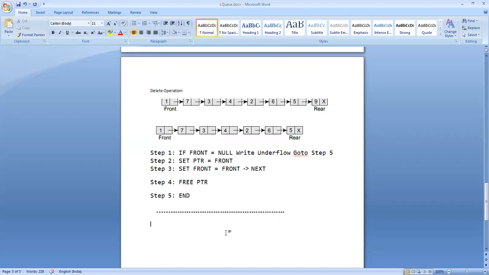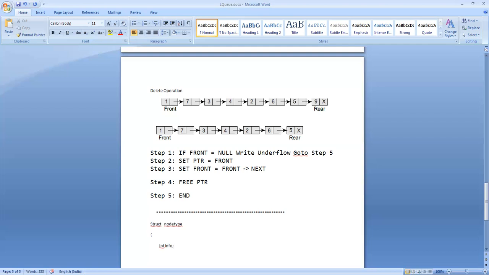So to implement this linked queue, first of all, we define a self-referential structure. Struct, I call this one node type. What are the two data members? One data member is to hold the data of the queue, so I call that integer info.